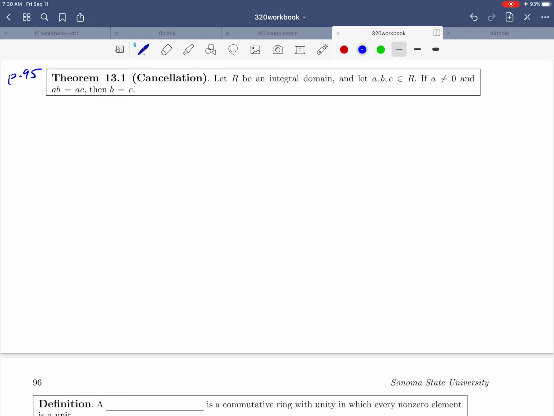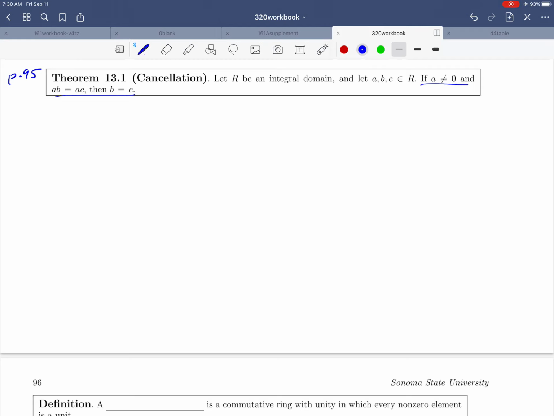Okay, and it says the following. Let R be an integral domain, and let A, B, and C be elements in R. And we'd like to prove that if A is not equal to 0 and AB is equal to AC, then B equals C. Notice that that's exactly the cancellation property that we started a discussion with at the very beginning